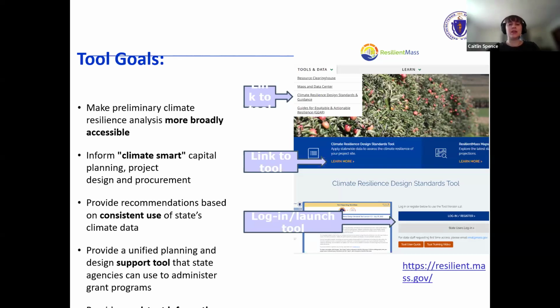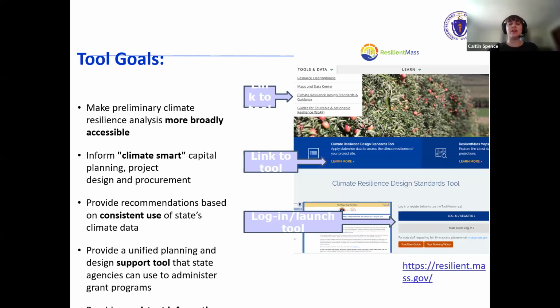The tool was developed to review and update design standards using Massachusetts climate change projections that will support best management practices. The tool is interactive and web-based, so it's a website that automates the application of climate change data and